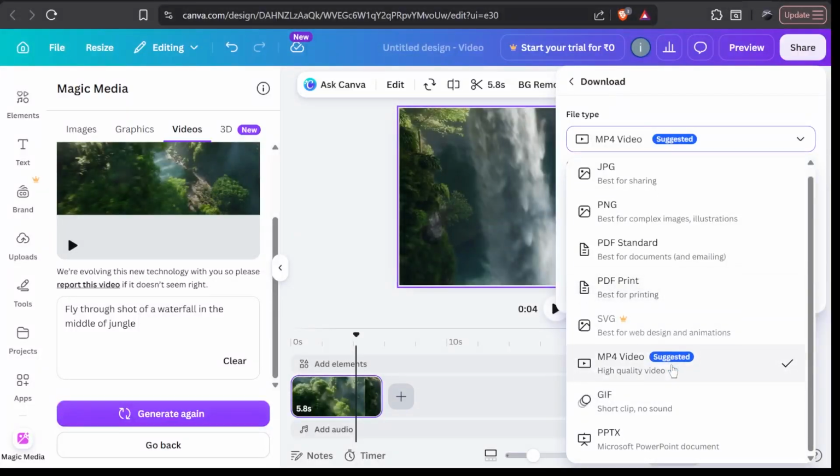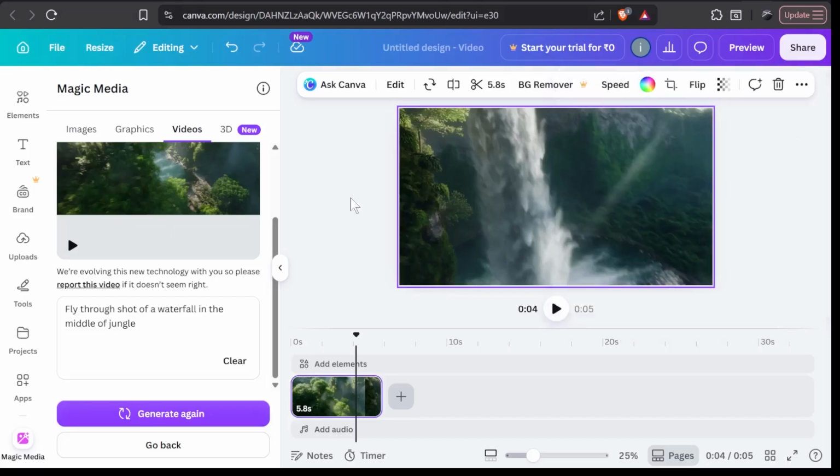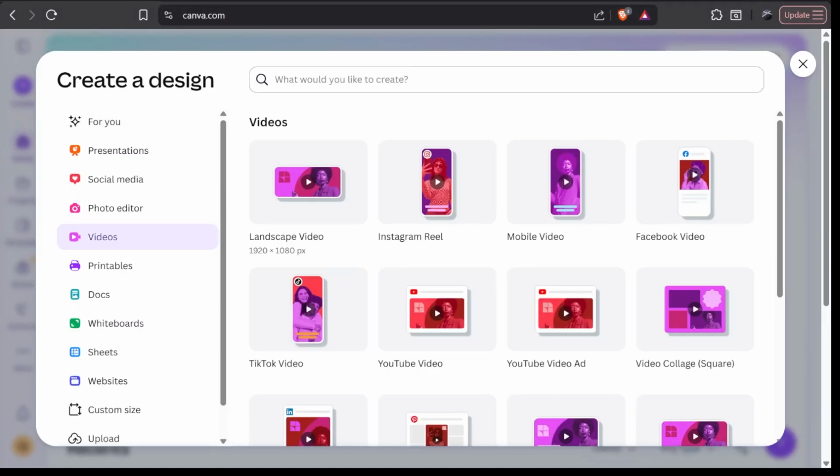Right now you've just got MP4, and that's it. You can choose a higher video quality if you have got the premium, or else you can simply click on download to download this entire project. Now, that was one way to generate video, but there's another way in which you can create videos using the